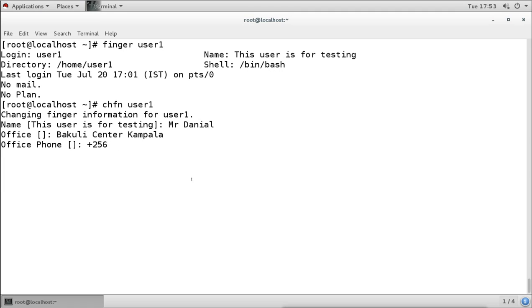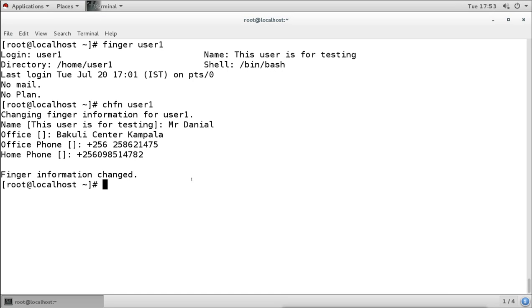It is something like this. What is the home phone number? It is something like this, and done. Now when you check the information again using the finger command, it shows the updated information.